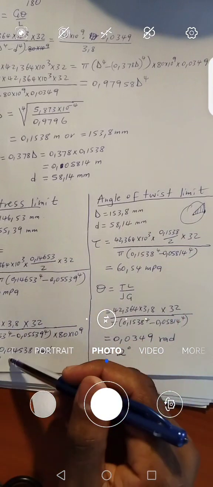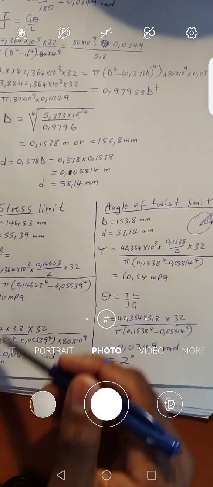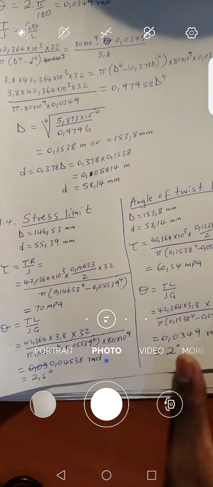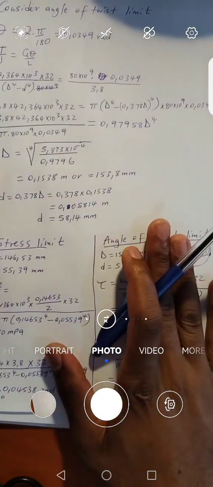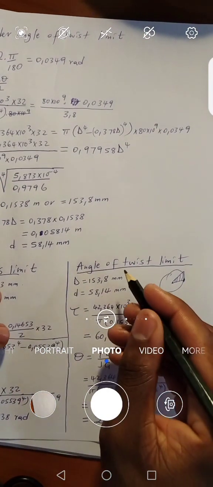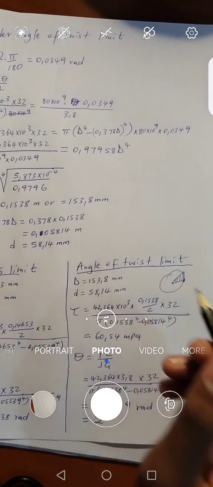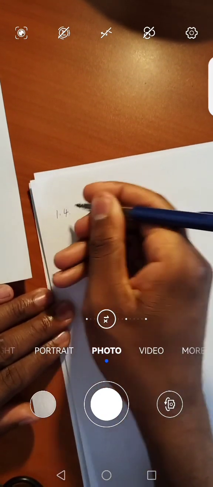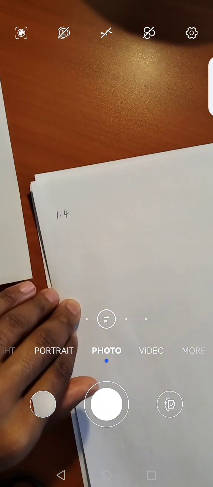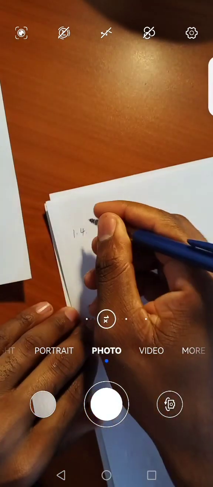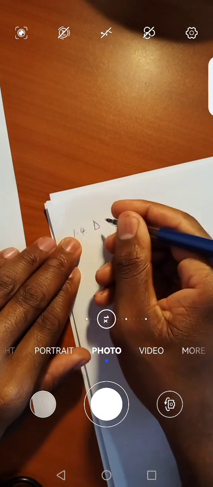But this one is not going to work, because if you use this one, the angle of twist will be more than the limit. So that's why we're not going to use this. We're going to use this. Therefore, your answer for 11.4, you can just say 11.4. What did they state the diameters that will satisfy both conditions? Then you can just say